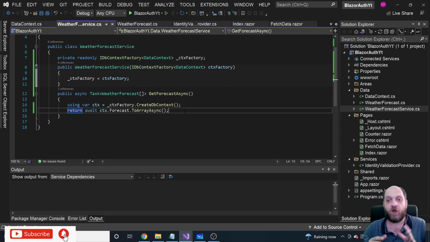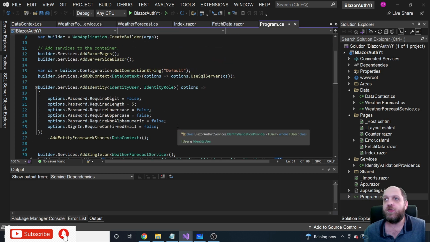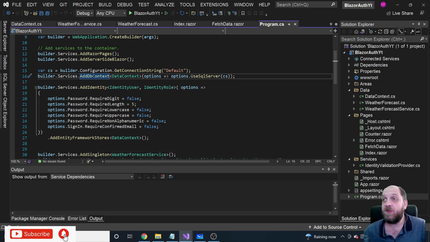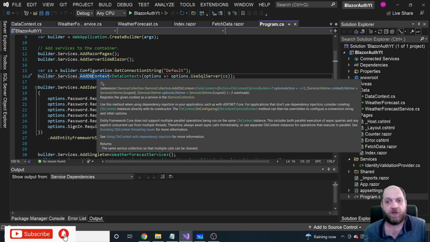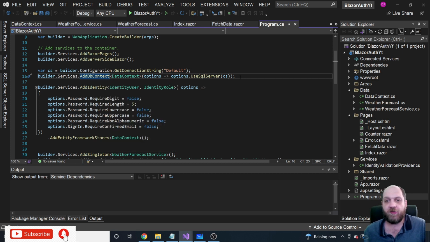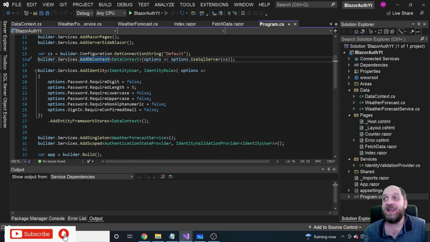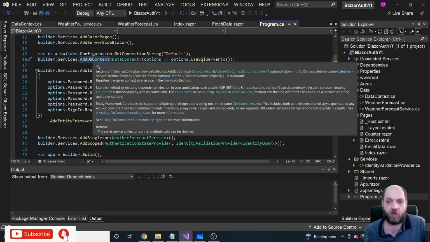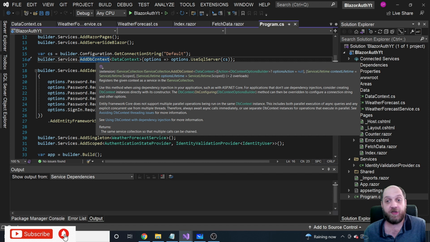So that is how we set up our service, injecting the IDbContextFactory. Now, I would like to go to a next step here, which is also very, very important, because right now we already have added this AddDbContext, which adds a regular DbContext to our application. And why did we do this already? Well, because we have added identity, and identity registers a bunch of services that need our data context, and therefore we had to register it with this regular way of doing things like AddDbContext, and which is fine,